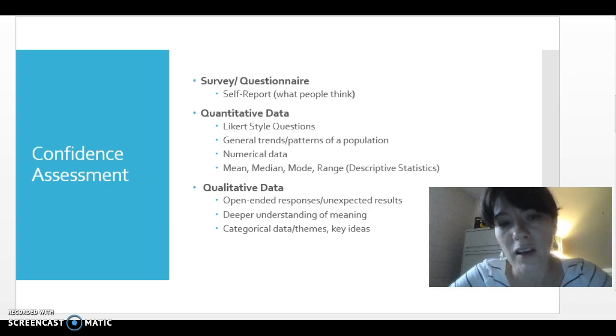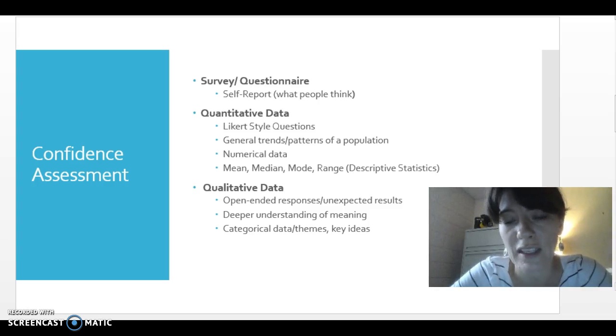Similarly, a confidence assessment asks students to assess how confident they are in their skills, in this case related to research and writing. But someone might be very confident and may report that they're very confident, but it might not mean that they necessarily have the same skill set that I am anticipating or expecting that they have.